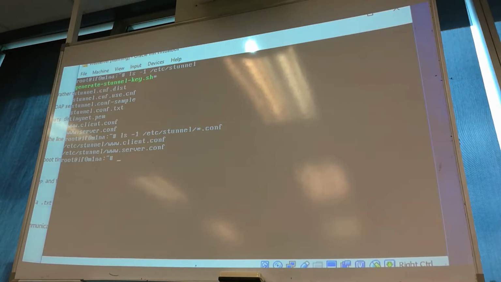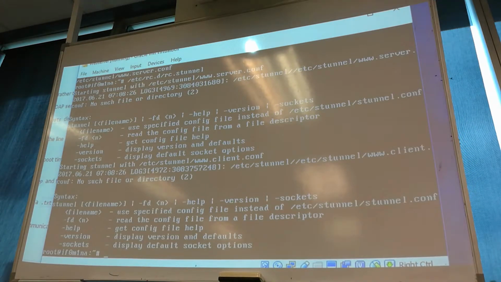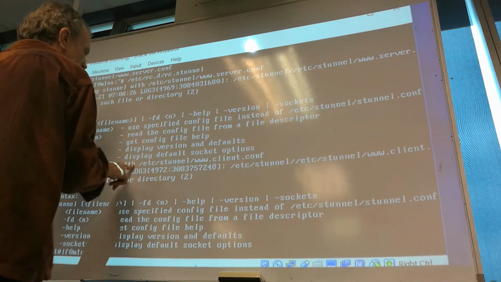So all we need to do is, hey, we can see this in action again. We do this. Okay? If we look up here, and it says starting stunnel with, okay,